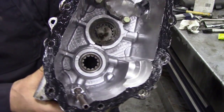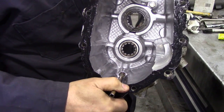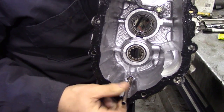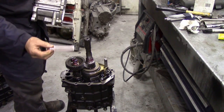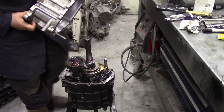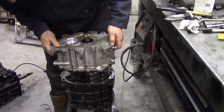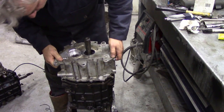So I've got a nice coating of Hylomar on there, and I've put the pipe here towards the bottom. I put a little bit of Hylomar on the tube just to stop it dropping out, because they often drop out. And I've put the filter into the housing, into the gearbox, and that points towards the bottom. Now this is tricky to put on, but not impossible, and perhaps you'll understand now why I took the oil pump out. So we put the oil filter pipe into the filter,